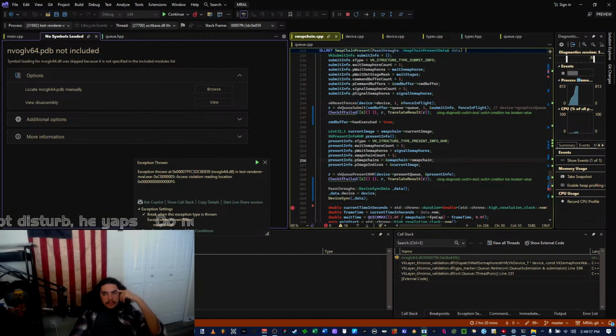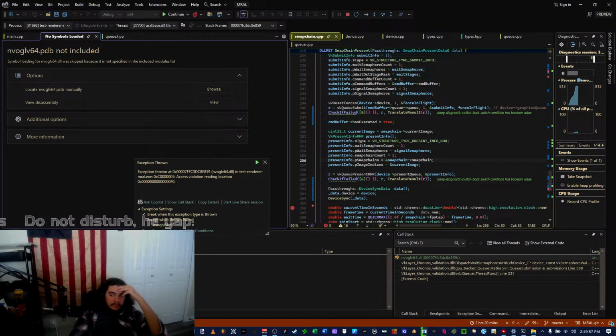It says using resources after they were freed. I'm not doing that. Presenting an image that's still in use. I'm executing it, so that's how it works. I am executing, so it's fine. Presenting with invalid sync objects. That's what I'm thinking. Calling Vulkan functions from multiple threads? Nope. Destroyed or invalid swap chain? Nope. Because it returns VK_SUCCESS, and it doesn't do anything.